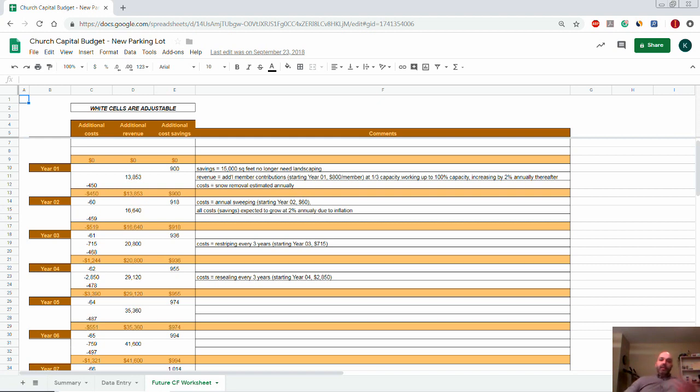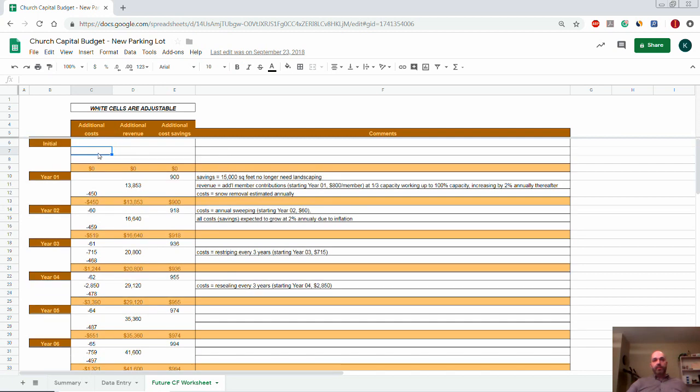So in this instance, in this example, I should say, of my example spreadsheet here, we are not building a tower to the heavens, something a little more modest than that, simply adding on to the parking lot of the church, okay? So,